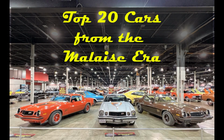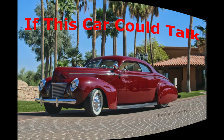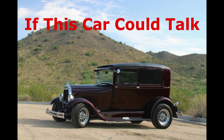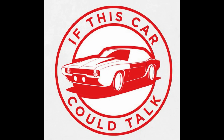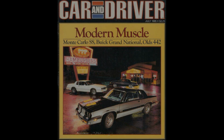This week, we're profiling an era of American cars that have become quite popular with restorers and collectors. The post-original muscle car era called the Malaise Era. What many of these cars lacked in excitement, they made up for with larger bumpers, hood scoops, spoilers, special wheels